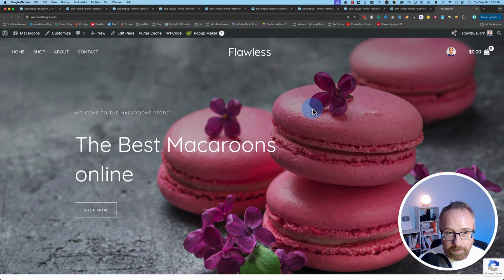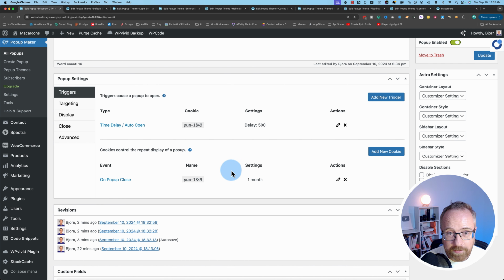So I was messing around and I clicked the X and my computer was cookied, so I can't see the pop-up anymore for 1 month because that's what our cookie trigger is set to. If you're developing a pop-up, that's super annoying. You're not going to be able to get your work done. So what I'm going to do instead is remove both of these triggers,